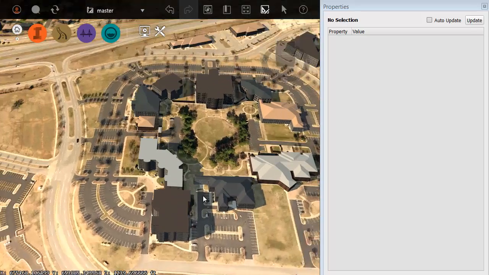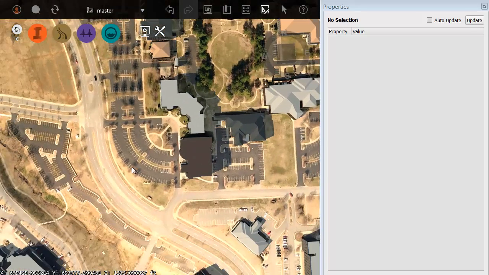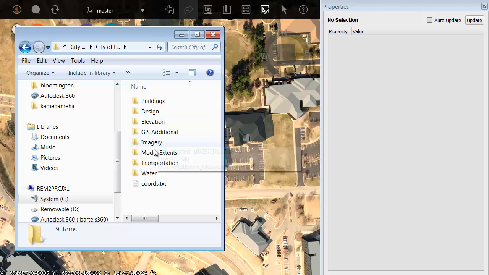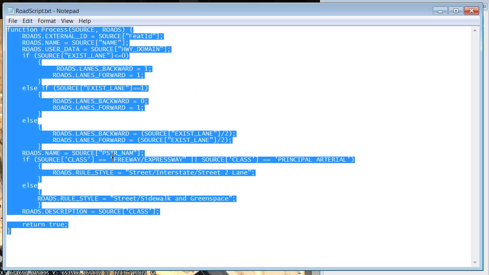Let's drop some more data in. I'm just going to tip this up. We'll put in some streets this time. Going to go back to Windows Explorer. Let me go into my Fayetteville directory and I'll jump into the transportation folder. I'm going to use a script in this case as well, so as long as I'm here, I'll take and copy this to my clipboard,